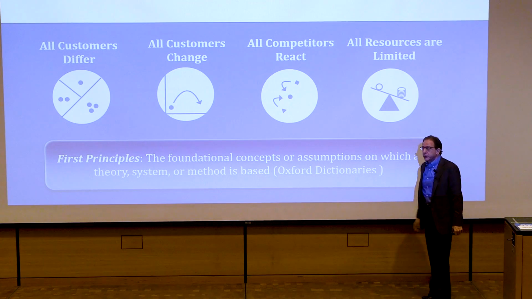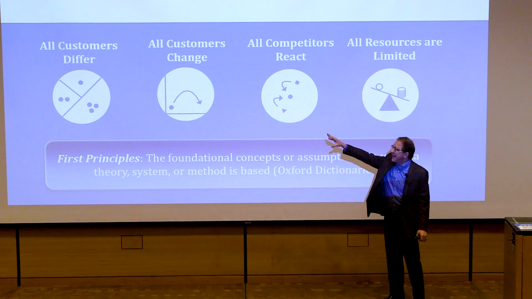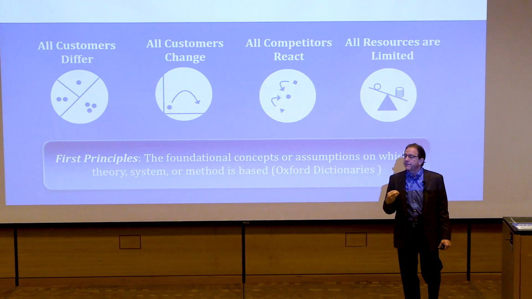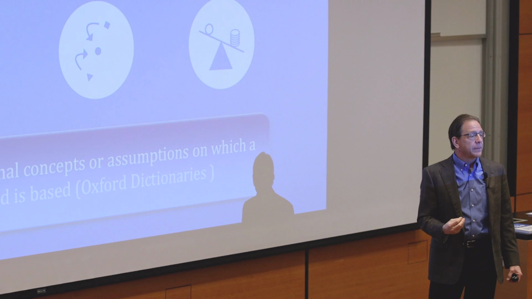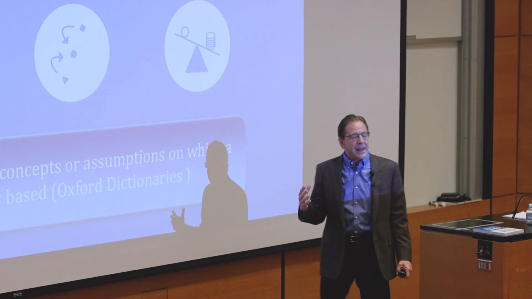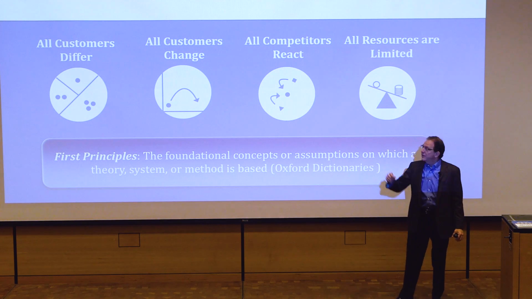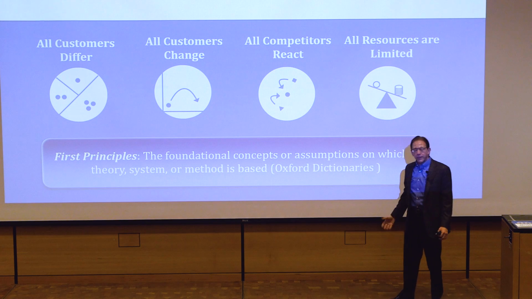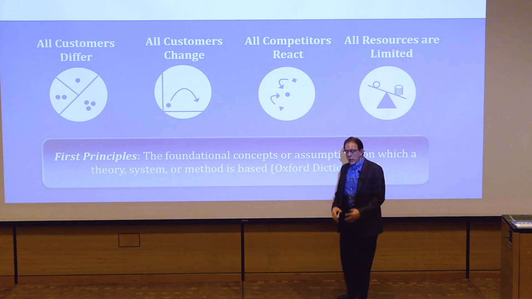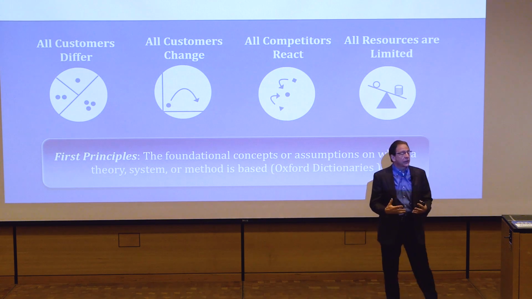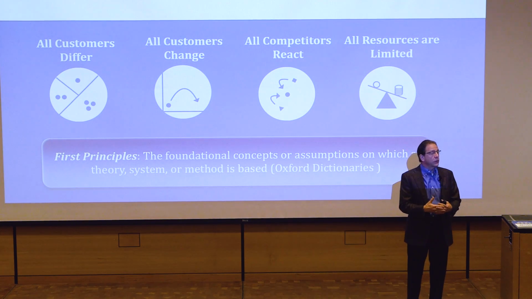The fourth principle that we have to deal with is, after we address these three, when we execute our marketing strategies, we have fixed resources. All resources are limited. So we have to manage these resource trade-offs. So our premise is that most of marketing strategy is around solving these four first principles, or these four marketing problems. And so we organize the book and all the frameworks, processes, and analysis tools around solving these four principles.